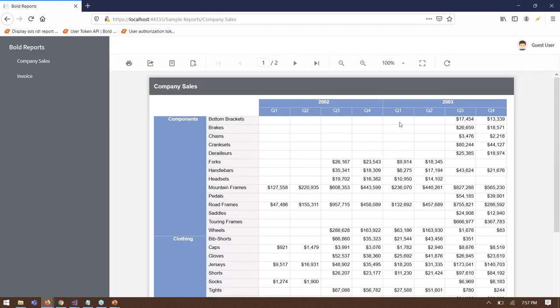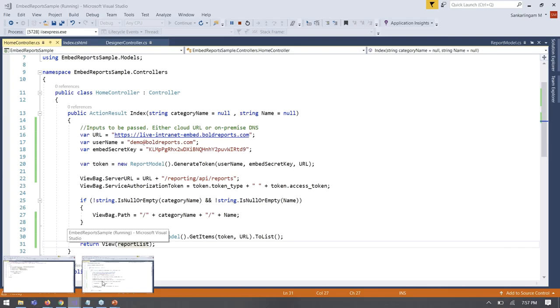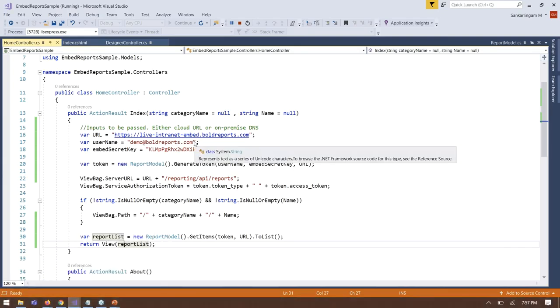All the functionalities here are similar to the password approach. Let me show you how it differs from the previous approach and how it is easy to manage